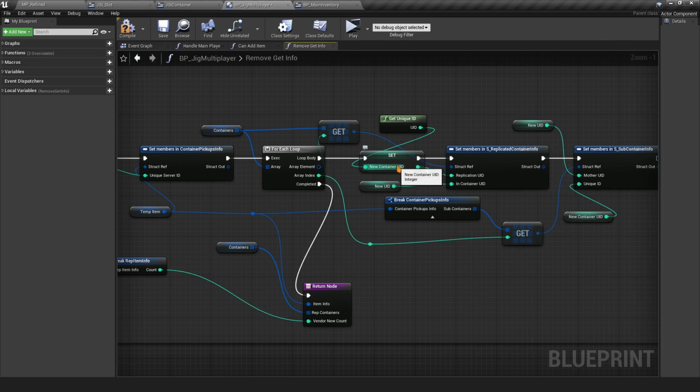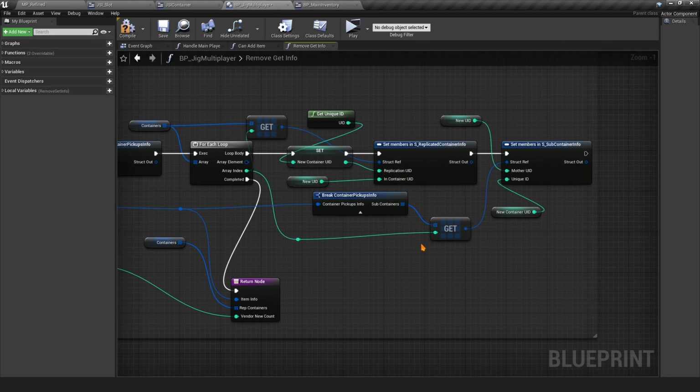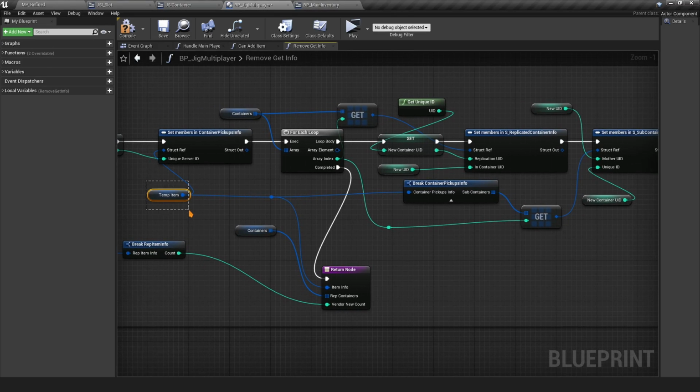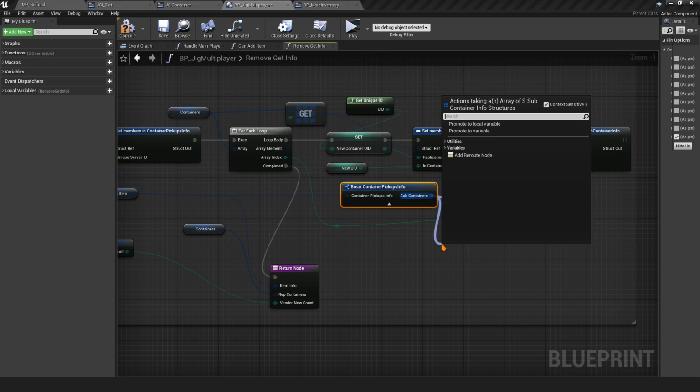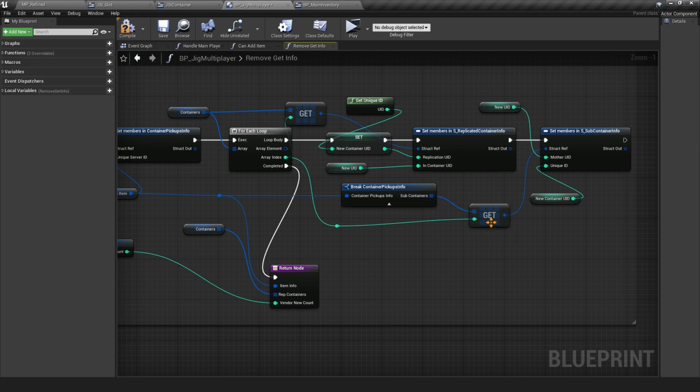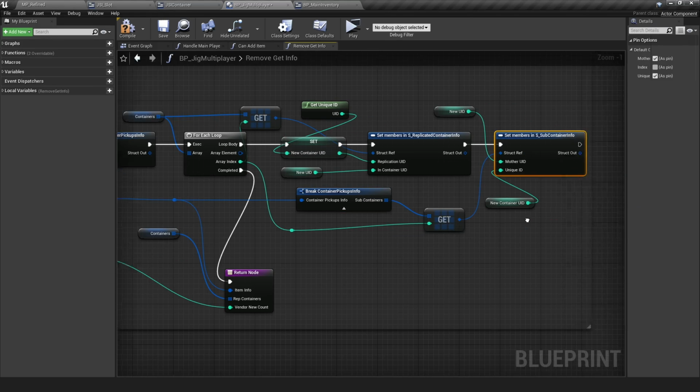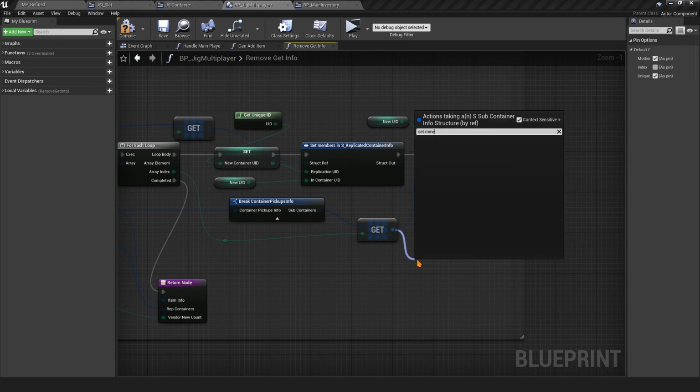Then plug in this unique ID, the variable you just created. Then from this temp item, you want to break it using the break node right there, and then get the subcontainers. Once again, you want to get by reference, not copy, and then get the index here, and then set members there. Just call in the set members like so,